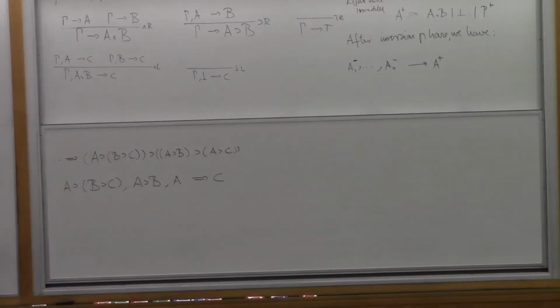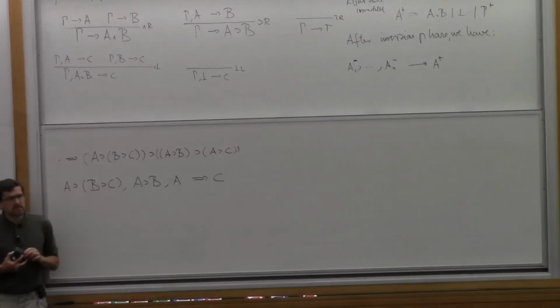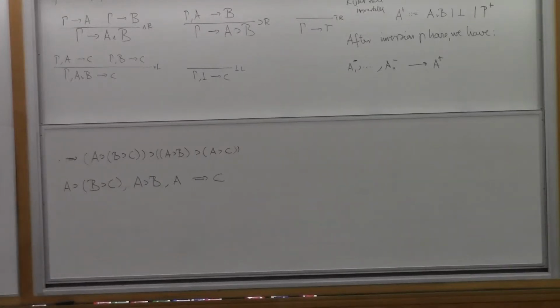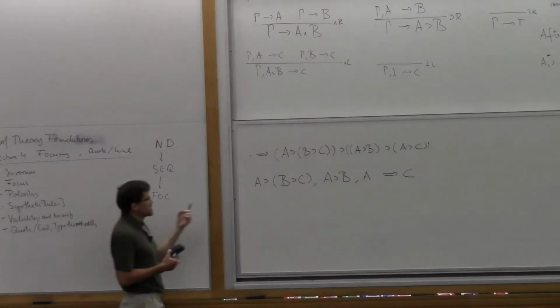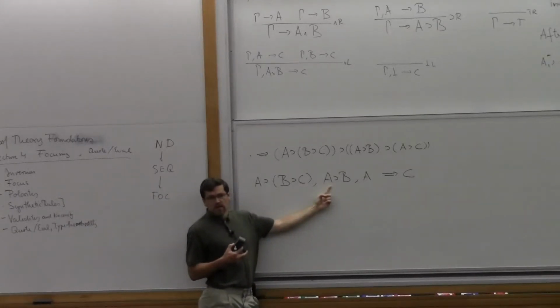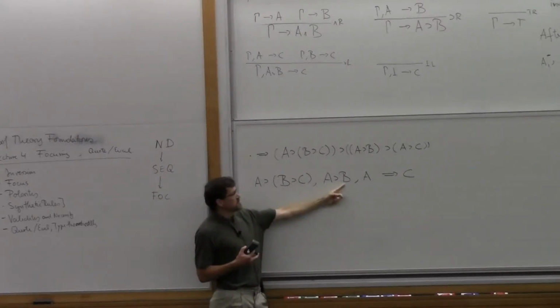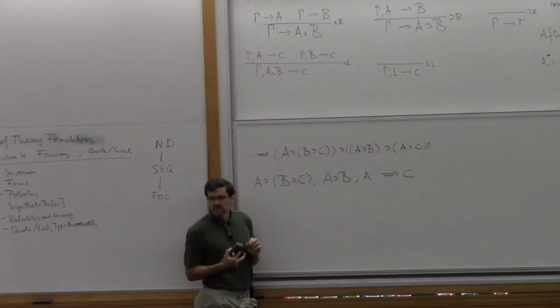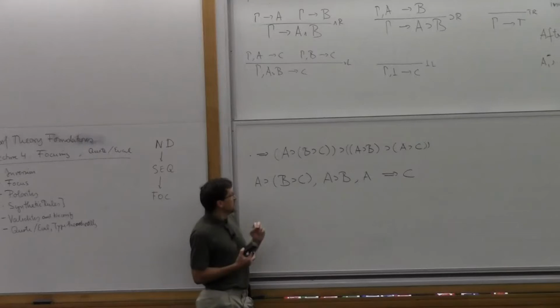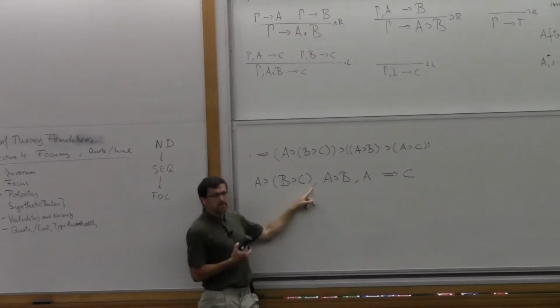Okay, so how many proofs are there of this in the sequence calculus? What are some of the things we could do now? So let's look at it. Could we apply the left rule to this? What would be the two sub-goals? One would be to prove A, and the other one would be from the remaining assumptions in B, prove C. Make some progress, right? It's possible. We might be able to do that. Could we apply the left rule for implication to this?